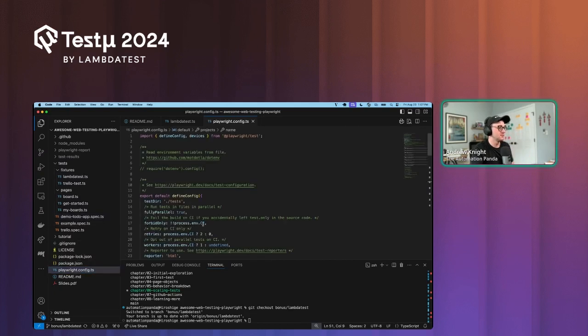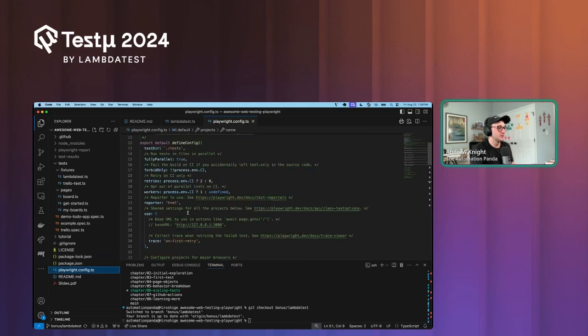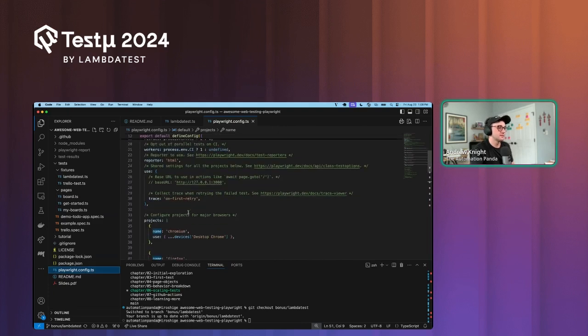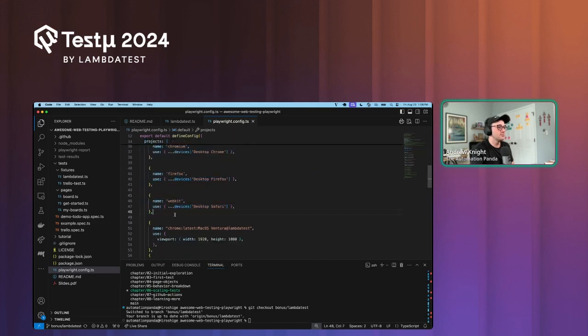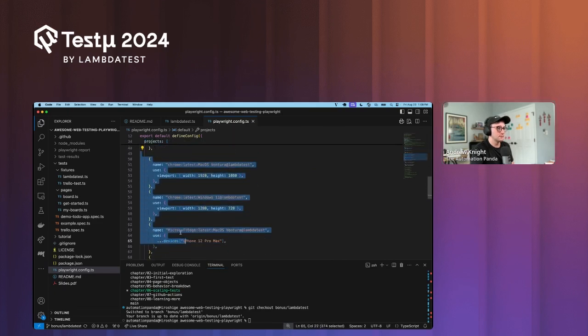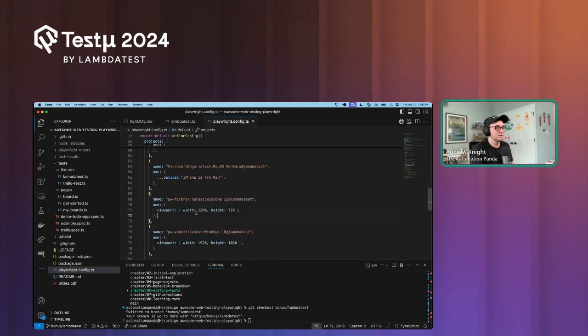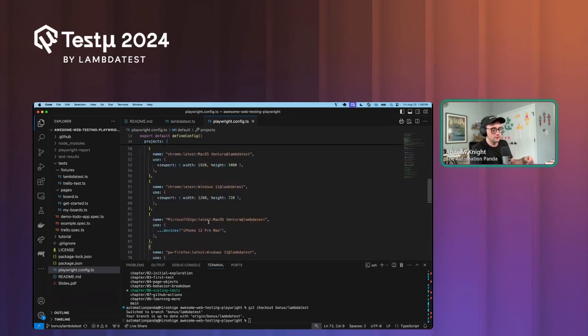there is one other thing you need to configure. Inside your Playwright config test folder, or config test spec, where you have all of your project names configured, you will need to add special LambdaTest project names. I copied these shamelessly, but things like, hey, you want Chrome, latest macOS on LambdaTest, or you want Windows on LambdaTest. And you can set viewports and devices and all that kind of stuff. And so when you go to run it,